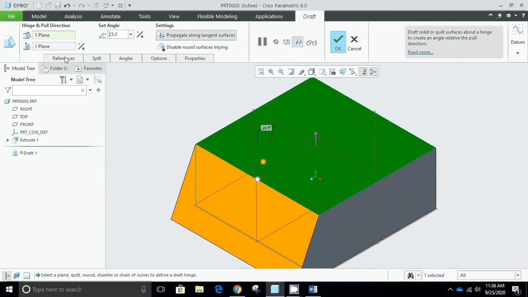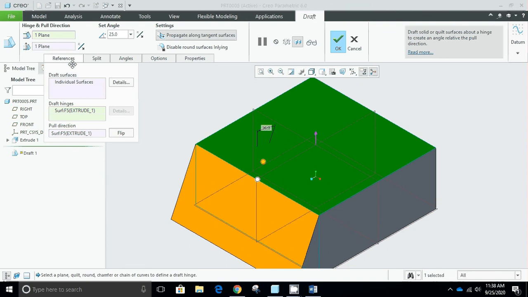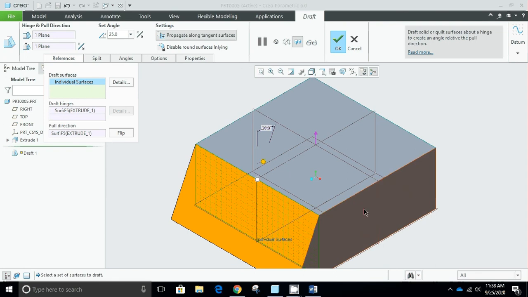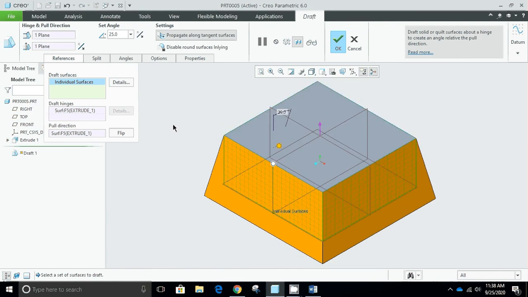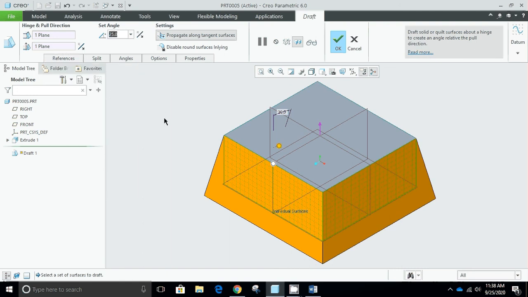Similarly, if I want to add more surfaces, I will select this reference tab, then select this individual surface, then press Ctrl and select the other surface, like this. So both the surfaces are now drafted at an angle of 25 or less.